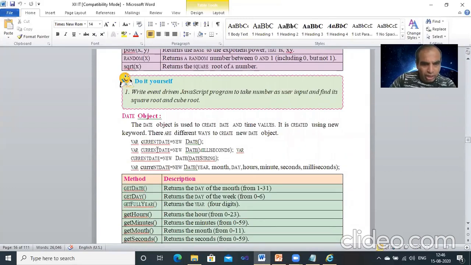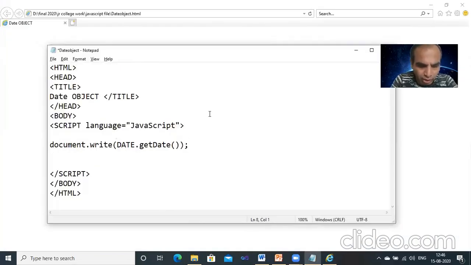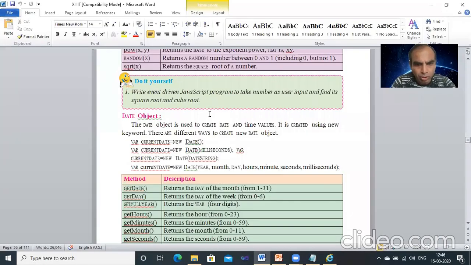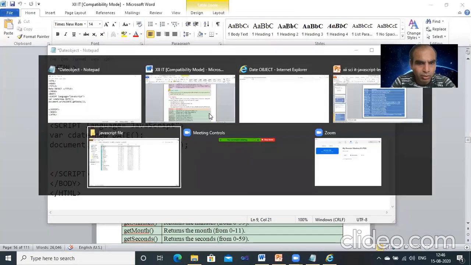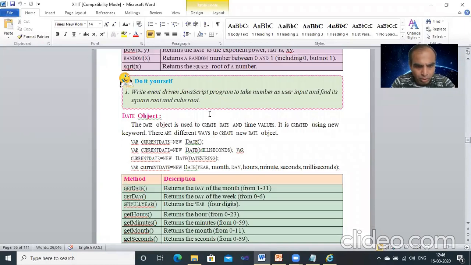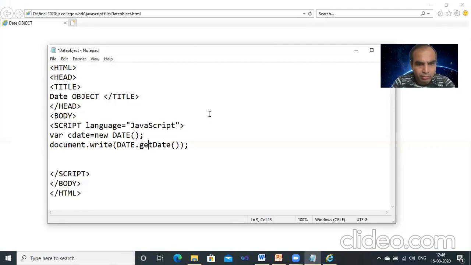Okay, so we can use it with the new Date. Create a new date, and after that we use the variable: cDate is equal to new Date function. And then after that we find out with document.write cDate. Instead of getDate we can write document.write cDate.